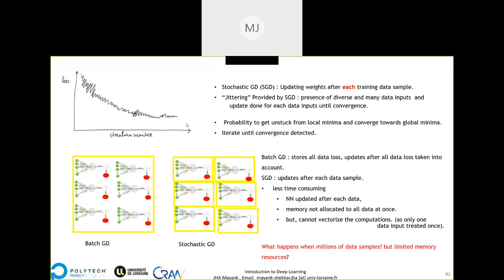So we are updating weights after each training data sample. We talked about all this. So let's look at the difference. What's the difference between batch gradient descent and stochastic gradient descent? Well, in the batch gradient descent,